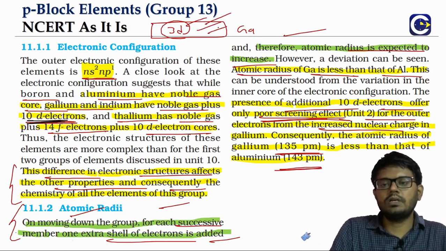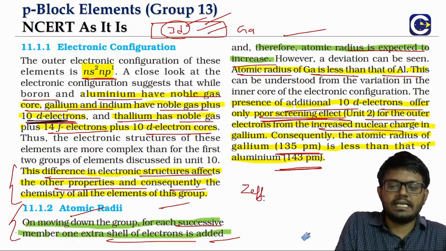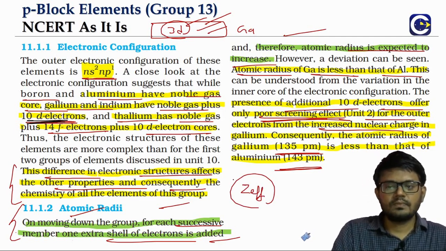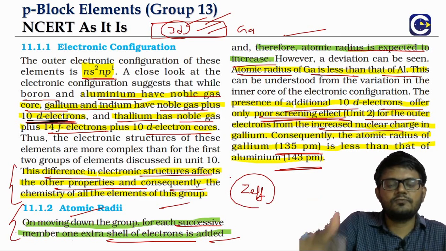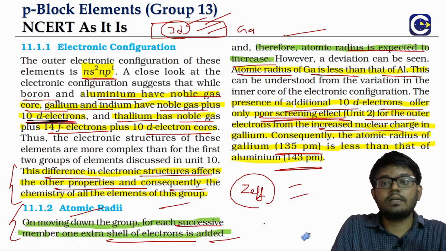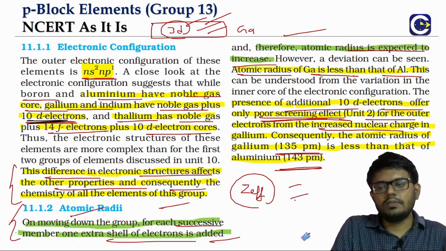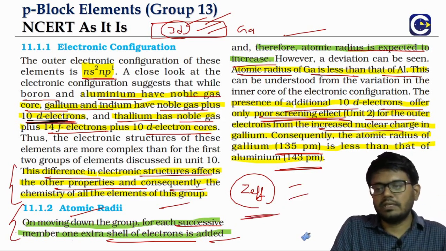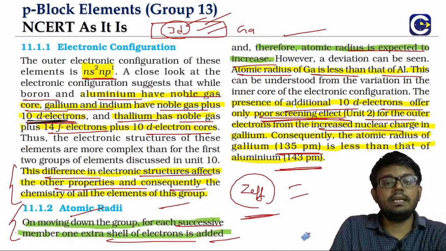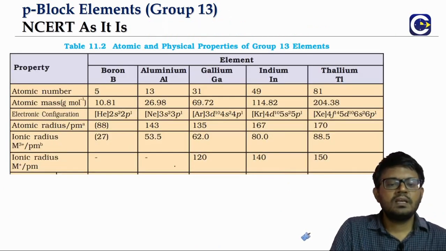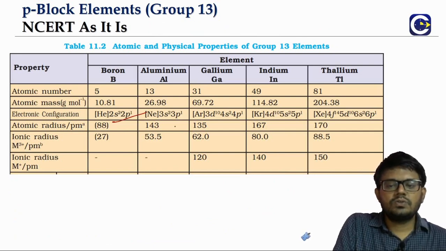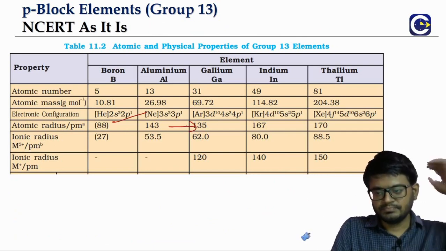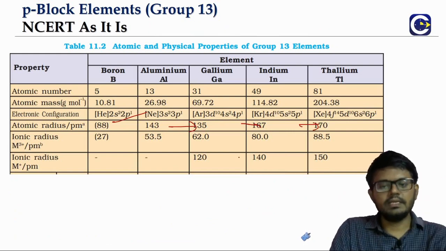You can check our videos on the periodic classification of properties, where we talk about a quantity called Z effective, the effective nuclear charge, meaning how much effect of the nucleus is falling on the outermost electrons. Based on that, we can even quantitatively talk about the exact influence on the valence electrons. So just refer to that video on Z effective calculations. This is about the anomaly in terms of size: from aluminum to gallium, the atomic radius is decreasing, and then we will see an increase.